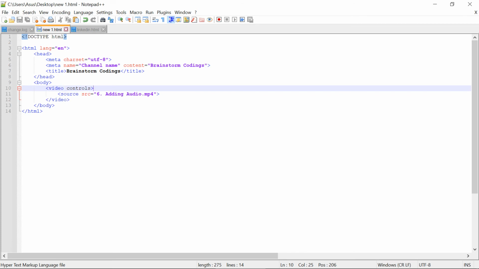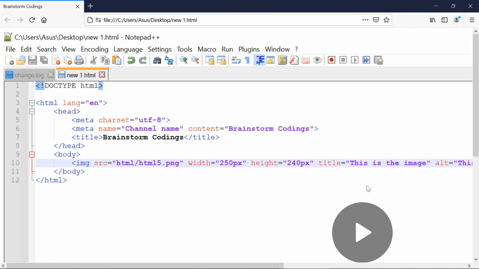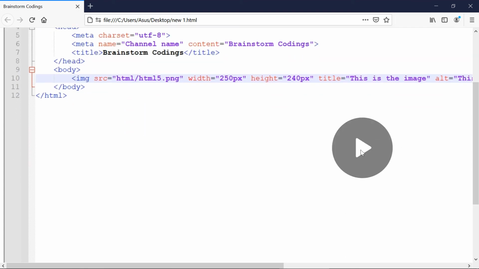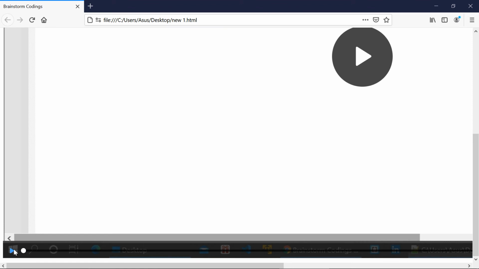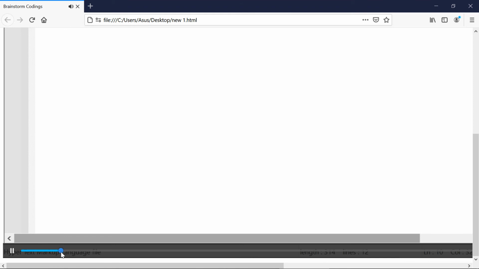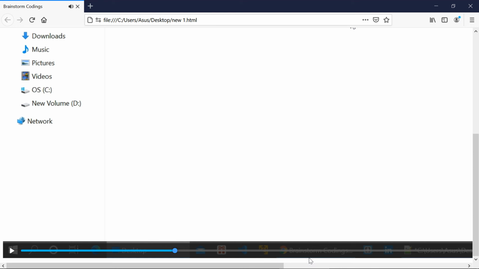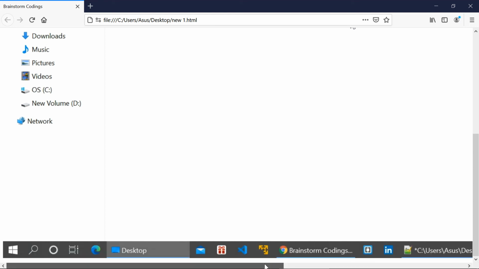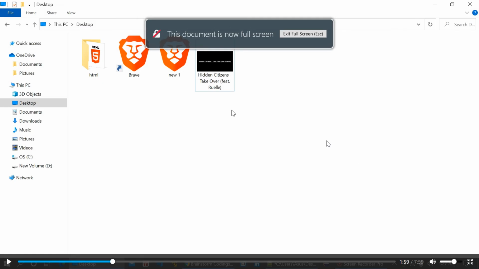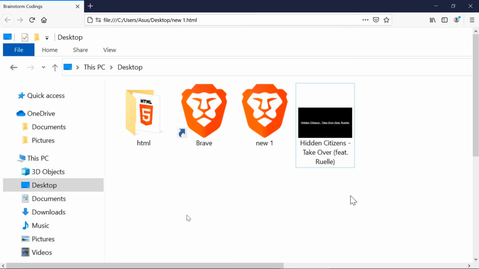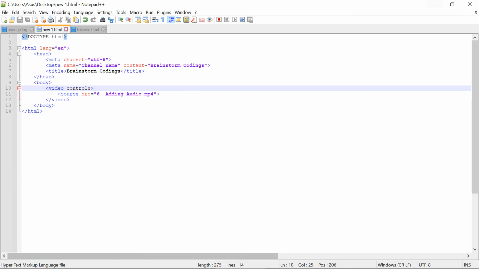So if we use this attribute here and save the file, go to the browser, refresh the page, now we have the controls. By clicking on this button we can play the video, or we have this play button here as well. So if I click on this button, you can see I can scroll through this video bar, this progress bar, and I can even control the volume. And I can even make it full size. So this is the use of the controls attribute,